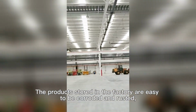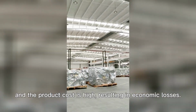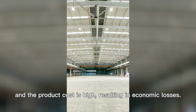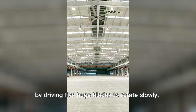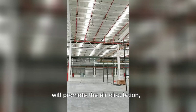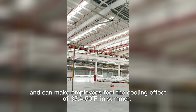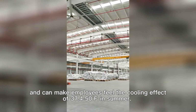The products stored in the factory are easy to be corroded and rusted, and the product cost is high, resulting in economic losses. Vanse big ceiling fans, by driving 5 huge blades to rotate slowly, will promote the air circulation, reduce the effective temperature, dredge pores and heat, and can make employees feel the cooling effect of 37.4 to 50